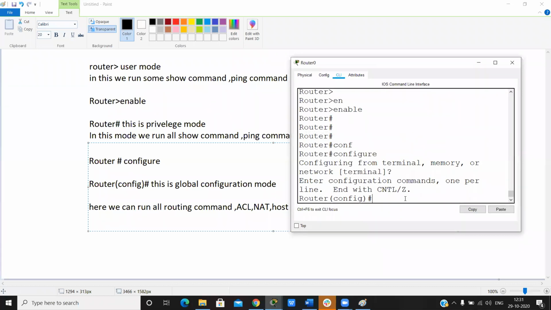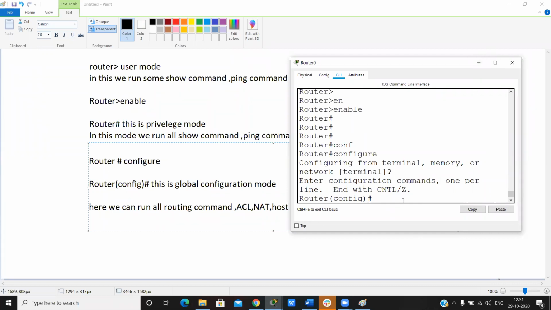What to do? You can change the IP, even the IP route, static routing. Can you change even the IP address of the router in this mode? No. The IP address is not set in this mode because this is global configuration mode. If you do anything in this mode, it applies to the whole router. We always assign IP addresses on a particular interface.